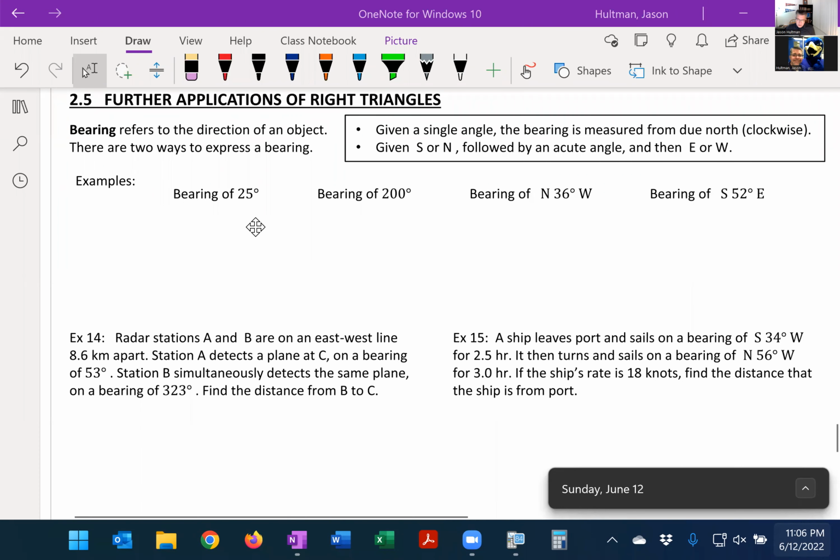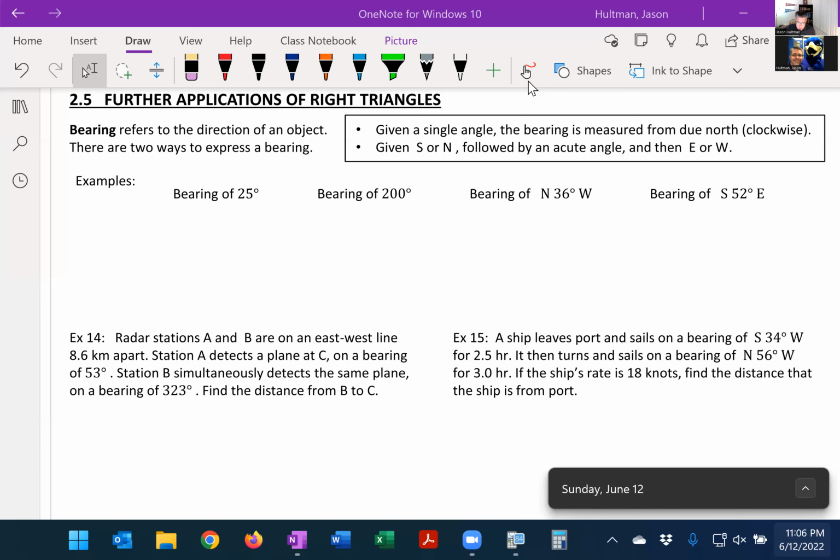Okay, welcome back, students. Let's go over section 2.5, further applications of right triangles. Section 2.5 talks about something called the bearing. This refers to the direction of an object. There are two ways to express bearing, and it comes from navigation. It's a bearing and a heading. Okay, these are navigational